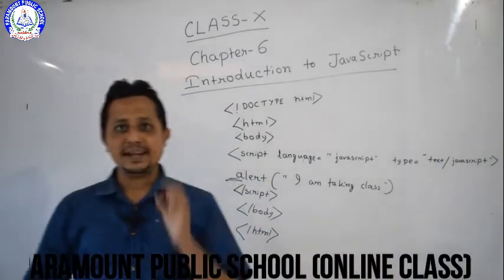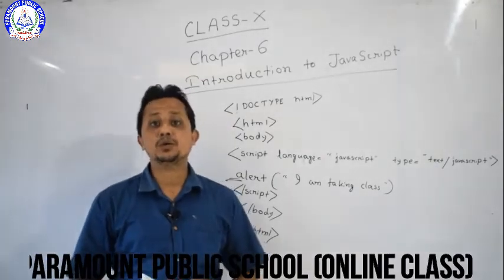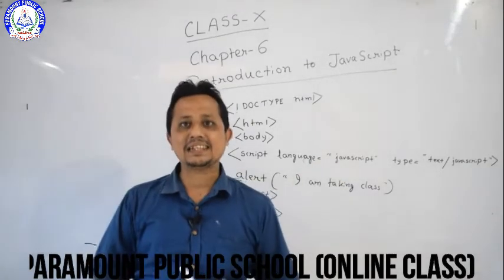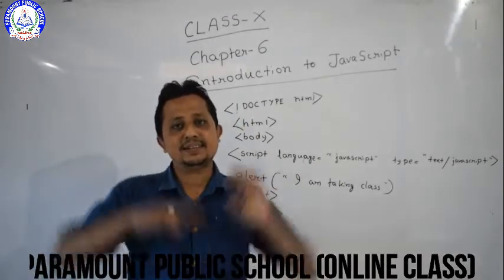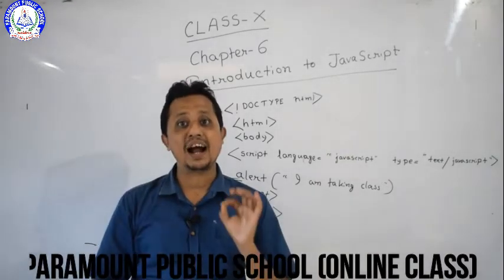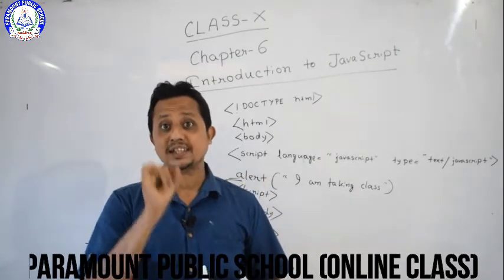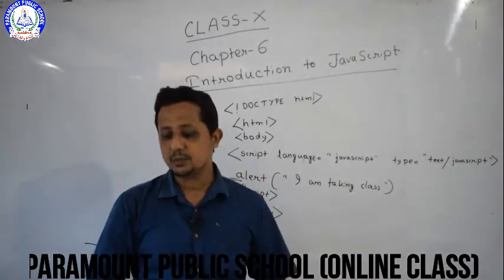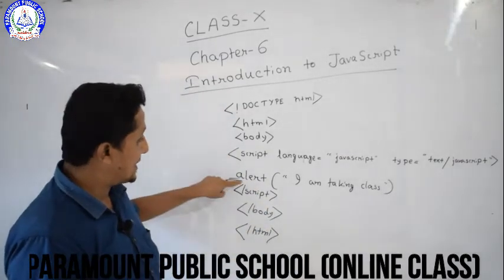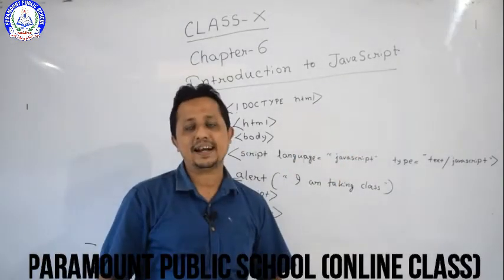Now what is the alert statement? The alert statement is used to display information to the user. Anything we write inside the alert statement, same thing is displayed on the screen. You can see in the book page number 112, we will see a message like figure number 6.3. In the message was written hello good morning. So anything which is written with the alert statement, same thing is printed as output.